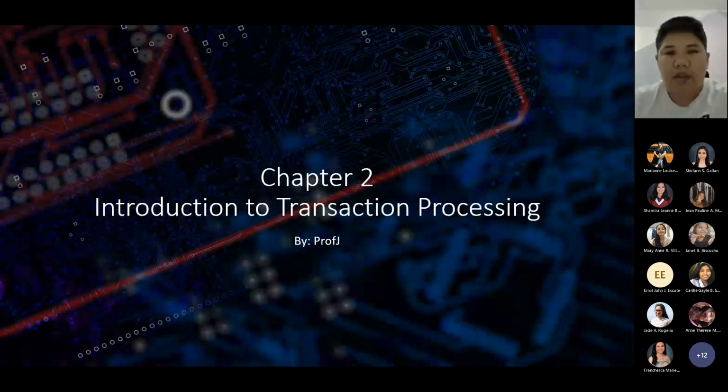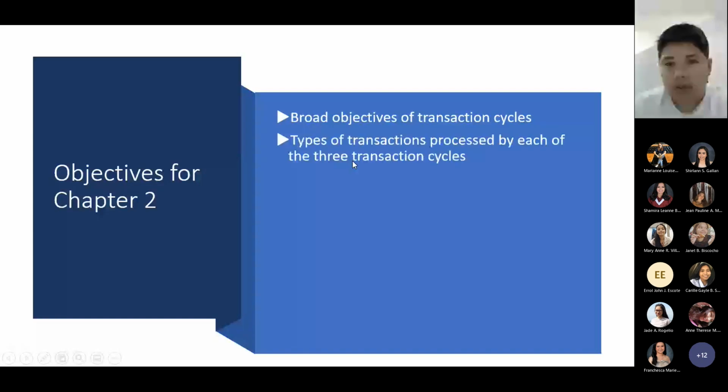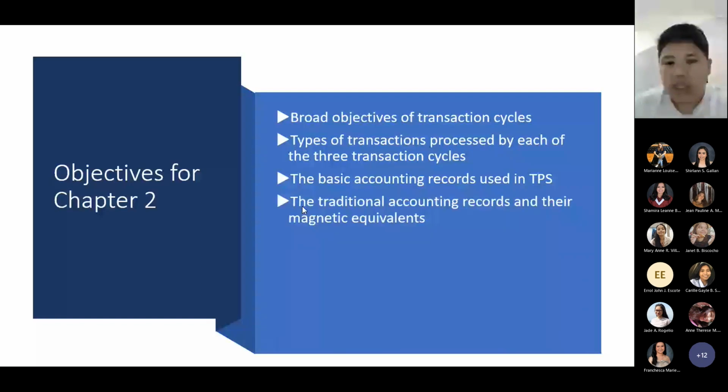Good evening, everyone. So for this evening, we're going to discuss two chapters for the subject, accounting information system. So first is chapter 2, introduction to transaction processing. In this chapter, the objectives to be discussed are the broad objective of transaction cycles, the types of transaction processed by each of the three transaction cycles, the basic accounting records in the transaction processing system, and the traditional accounting